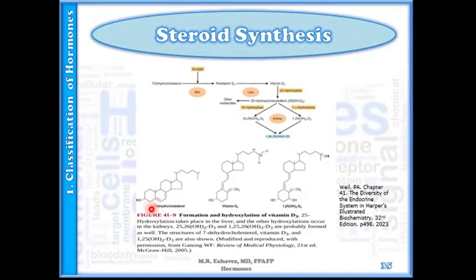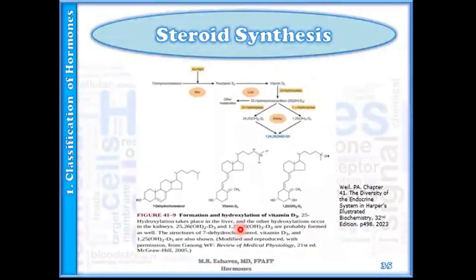If you will see, you have the 4 rings here that are usually seen in cholesterol. Now, in the reaction, because of your UV light, it is a UV light mediated non-enzymatic photolysis reaction. You will see that in this structure, the B ring was cleaved. So it looks like this now. The extent of this conversion is related directly to the intensity of the exposure and inversely to the extent of pigmentation in the skin.